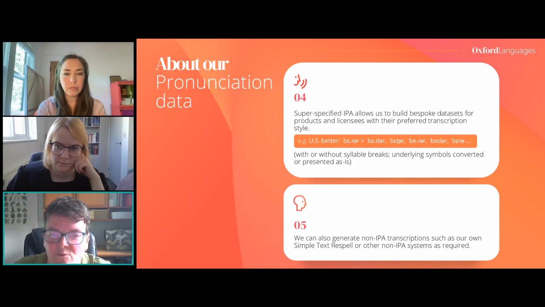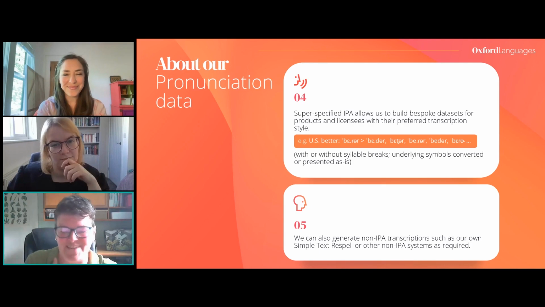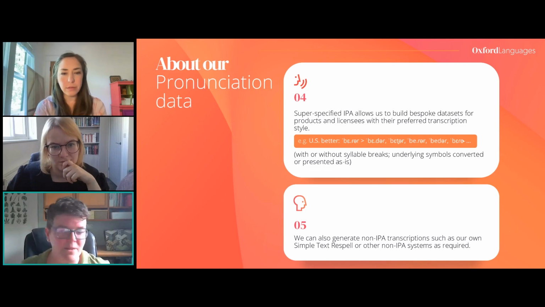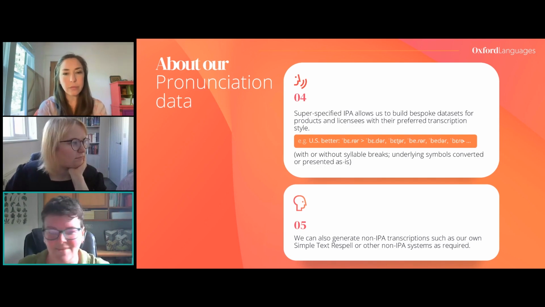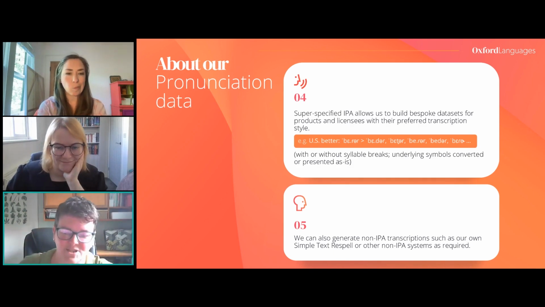Then the last one is something where, rather than having schwa and then R, it's a schwar. Forgive me, I don't have a post-vocalic R, but that's the R colouring on the schwa presented as an alternative. And as I say, with or without syllable breaks, with or without those kinds of conversions. So we can be very pragmatic and agnostic. We're not saying this is the one true way you should use IPA symbols to transcribe things. We can have it how you like. If you want to replace that with a completely new symbol or something that fits your use case, we can furnish you with that, because we've got the parent form to generate it from.